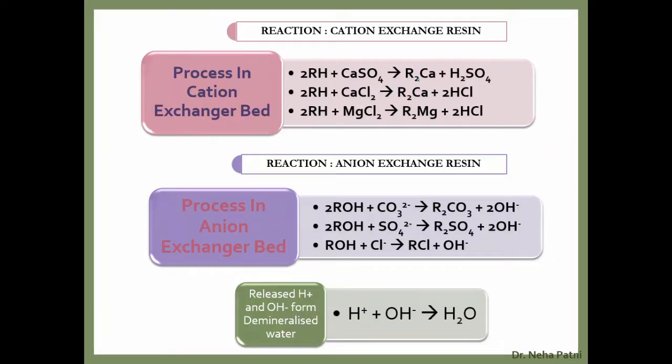Now this is what we have discussed so far. I said that in the cation exchange bed, the cation is going to exchange with the cation present in water. So those hardnesses are removed in the very first container. The water containing that acidic H plus and the anions will go down to the next container. Next is going to exchange this OH minus with all of the anions present in water. It is going to absorb those anions and is going to release OH minus ions. And at the end, you are going to get your demineralized water.